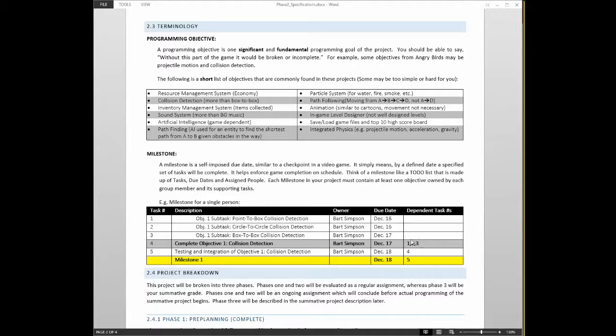Okay? Alright, so that's our milestone. Now when you do your project, you'll find a demo on the website, but when you do your project, you're going to have to flesh out all of your milestones. The question is, where do these dates come from? How do you know how long it's going to take you to do something? Well, that's what we're going to talk about in a second, how we get into the next phase. So we'll wait on that one in the next module.